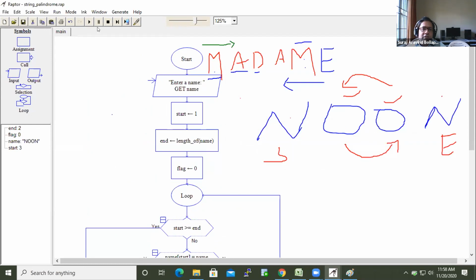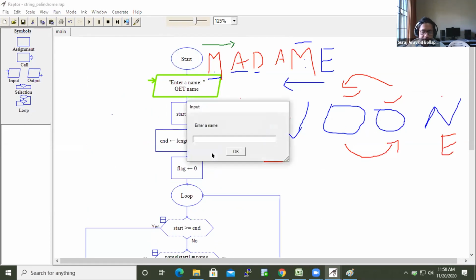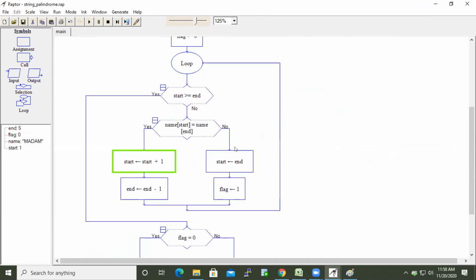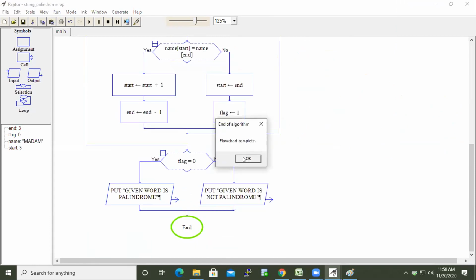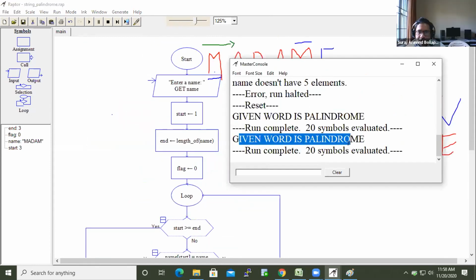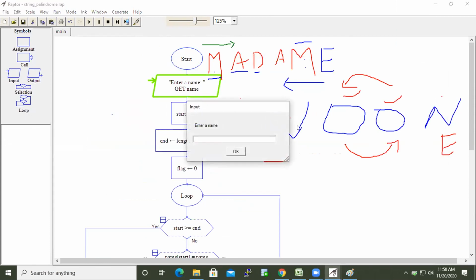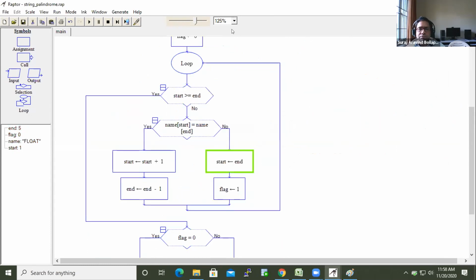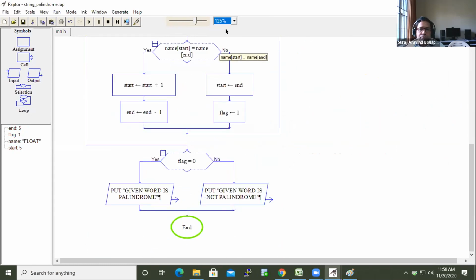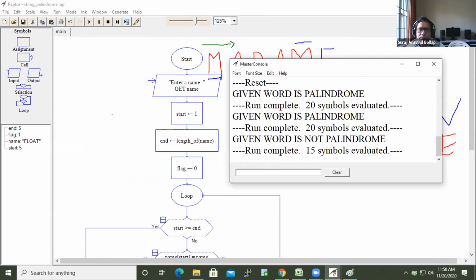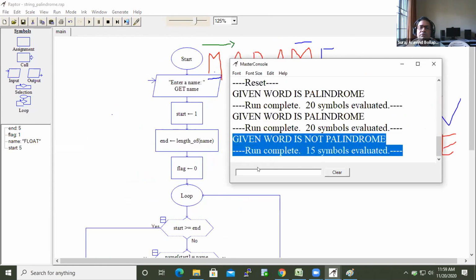Okay. Let us check for odd. So here also given number is palindrome. Now let me check for a number which is not palindrome. Same. The given number is not palindrome.